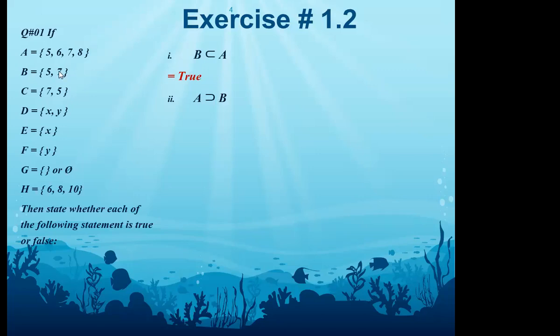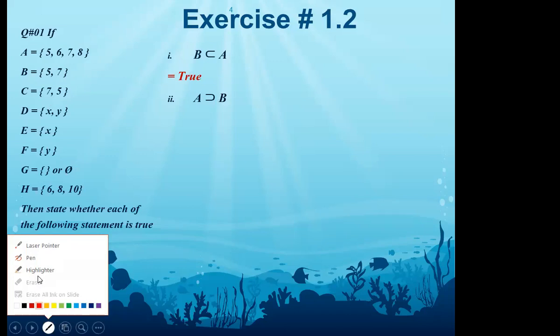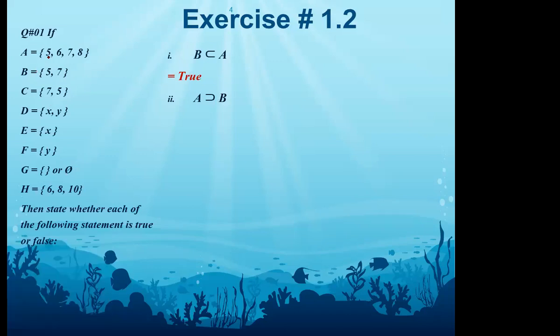Now look here, A and B. If you compare set A and B, how will you compare it? Look here. In set A, you have 5, 6, 7, 8. Although set B has all the elements that are present in set A, set A contains two extra elements. So they are saying that A is the superset of B. Superset means it contains more elements than set B. So what you will say is that A is the superset of B. Please tell me, is it true or false? A is the superset of B.